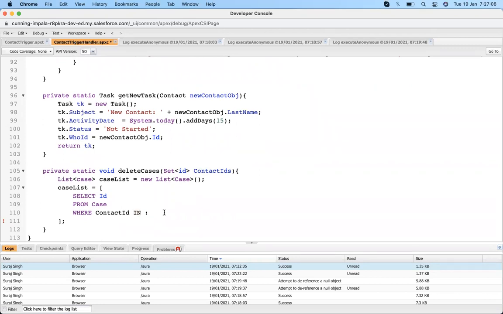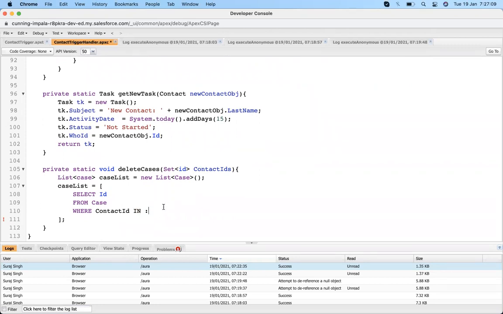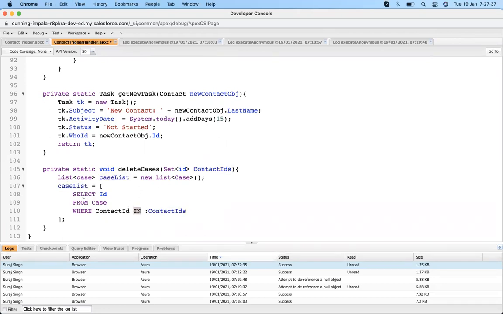I think I had told you, but let me remind you: whenever we have a list of IDs, or a list of names, or any list or set, we need to use the IN operator for mapping the records. And since I got the list, I just need to